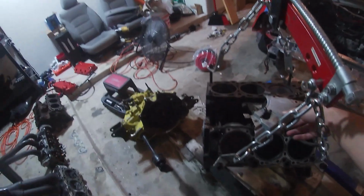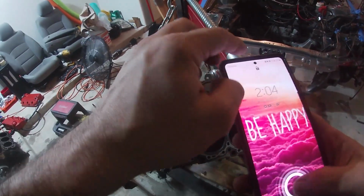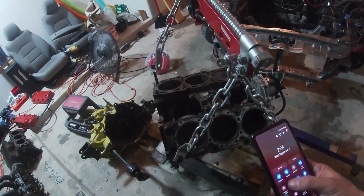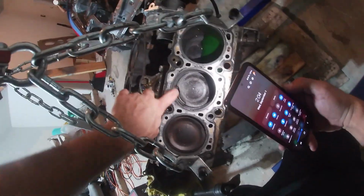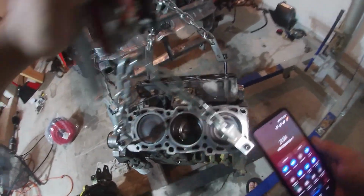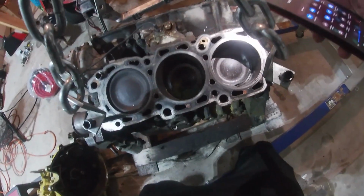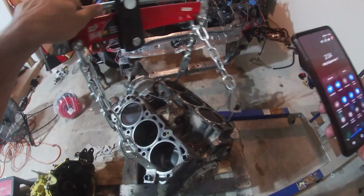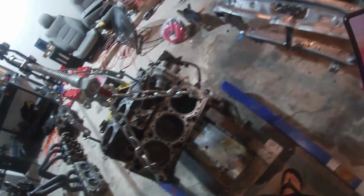This block is destroyed. Let me see if I can show you guys. It's got some melted piston action right there, which damaged the wall. And on the other side, a melted piston there too. So, all good. I'm just salvaging all the new stuff that I just put on this motor,